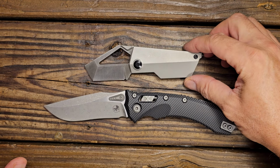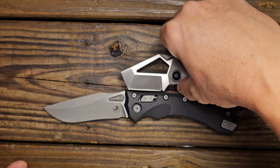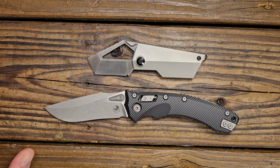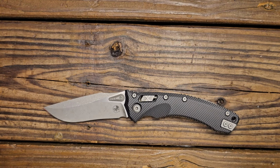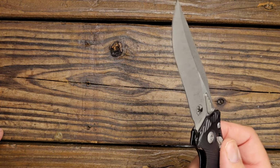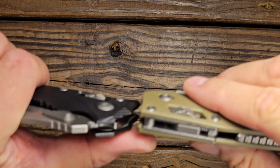And that Kaiser Cyberblade, I think you could probably get almost 2 of those for the length of the Amphibian. So it's quite a big knife. The Amphibian is, not the Cyberblade. All right, let's look at some of the thickness comparisons up against the